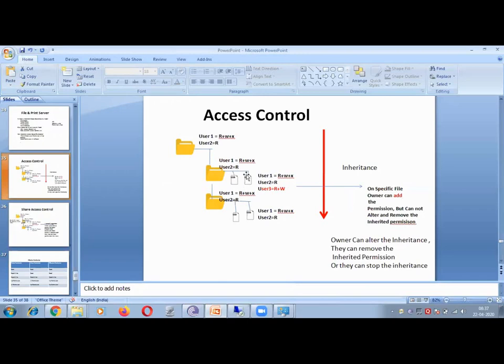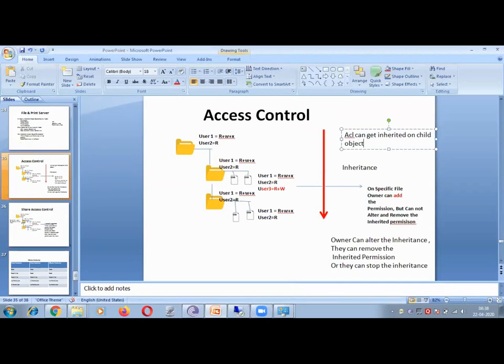The very first thing that will surprise you is that when you go to the security of the folder, subfolder and the file within that folder, you will find that the complete permission granted on the top folder has already been inherited and assigned to all the child objects, including the subfolder and the file. This is called permission inheritance. So the very first attribute of ACL is that ACL can get inherited on child objects, right?